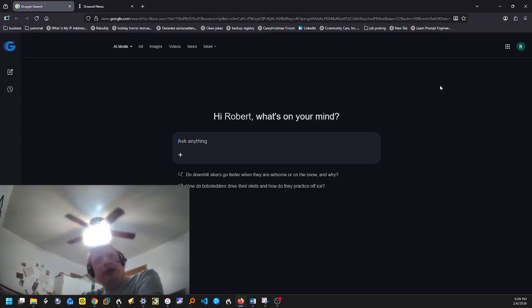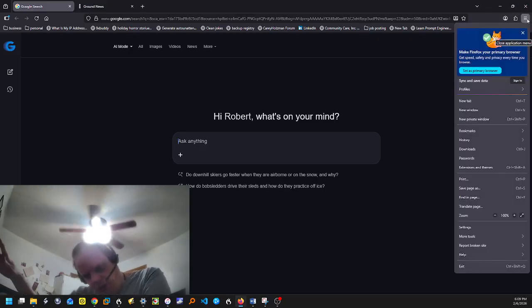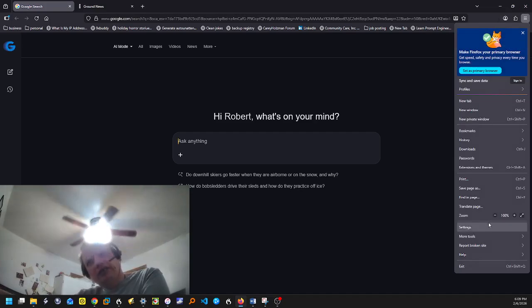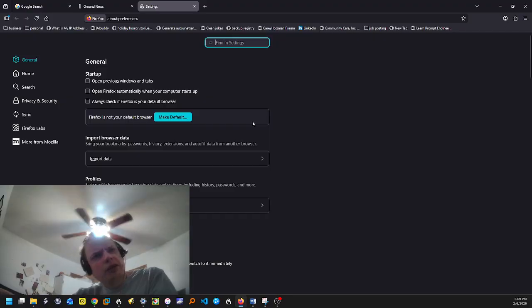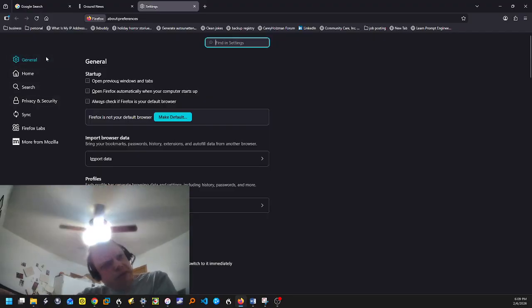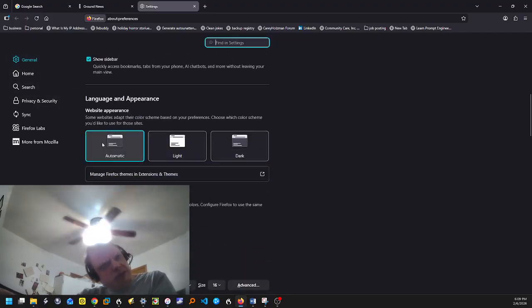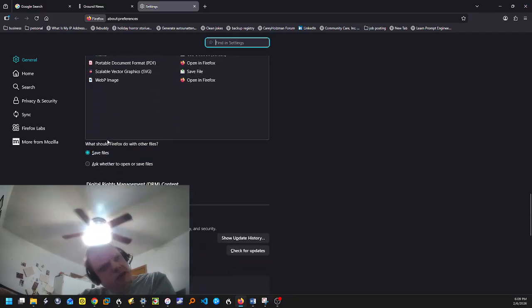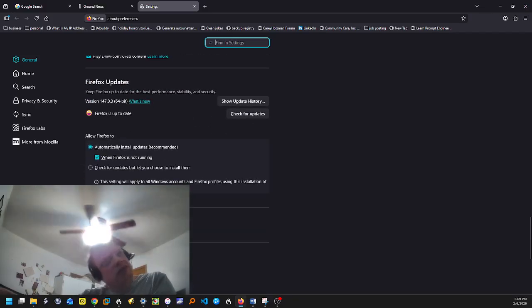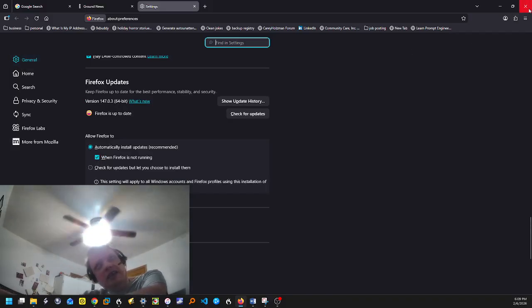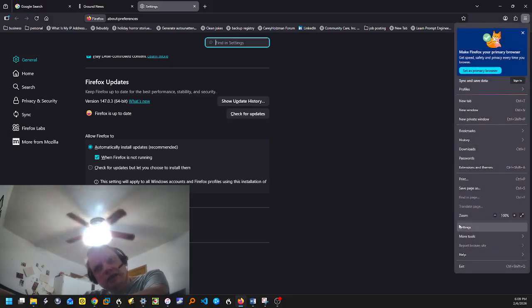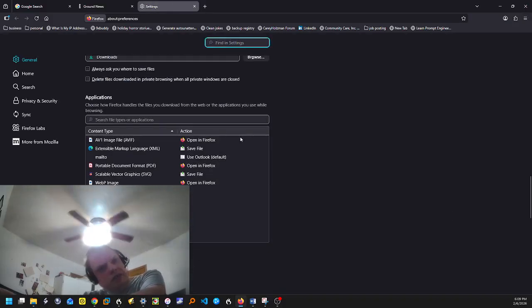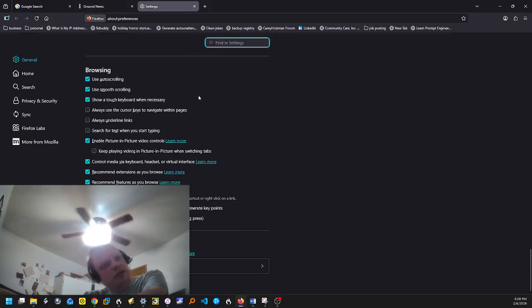So what we're going to do is go to these three horizontal marks right up here. We're going to go down to Settings. We're going to scroll under General right up here, and scroll down to where it says Performance, which is right here. It's right under where it says Firefox Updates under General. So how I got there is Settings, General, and then we scroll down to where it says